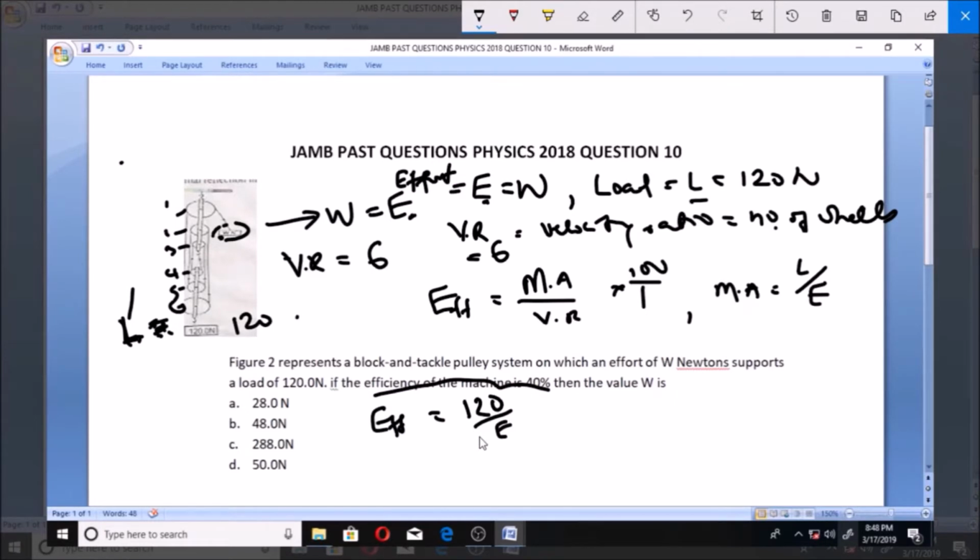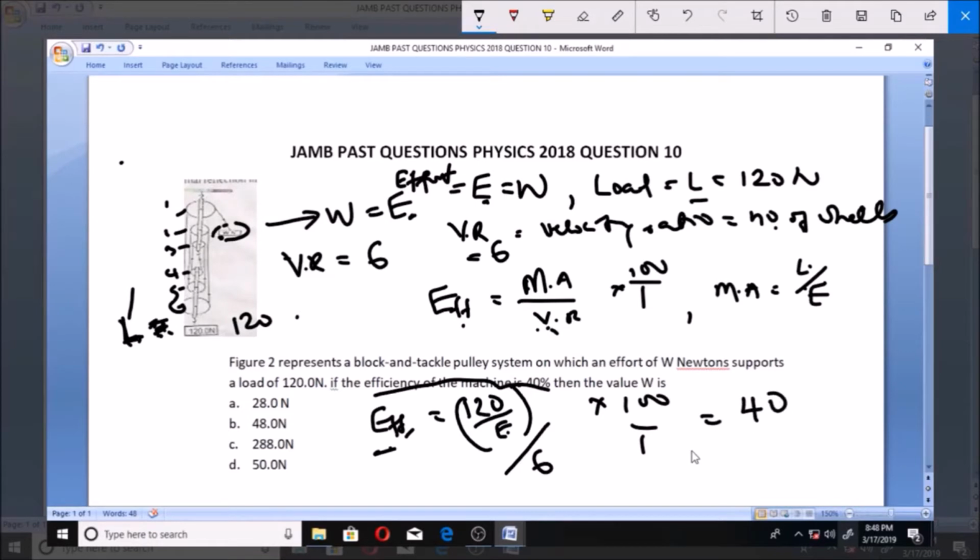And you all know that E, okay, so L over E. So efficiency is equal to MA over VR, and MA is already L over E, which is 120 over E. What is remaining is VR, so all this is over VR, which is 6, we know that VR is equal to 6, times 100 over 1. So that is it, and we know that efficiency already is equal to 40%, so we can put 40 here,